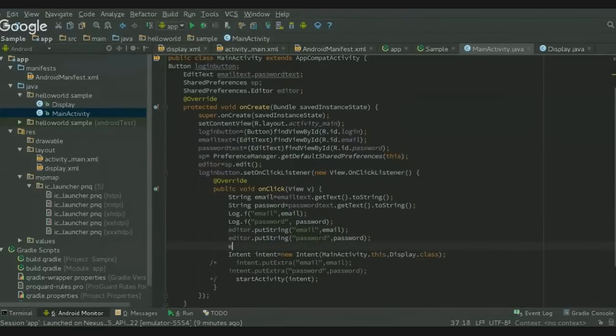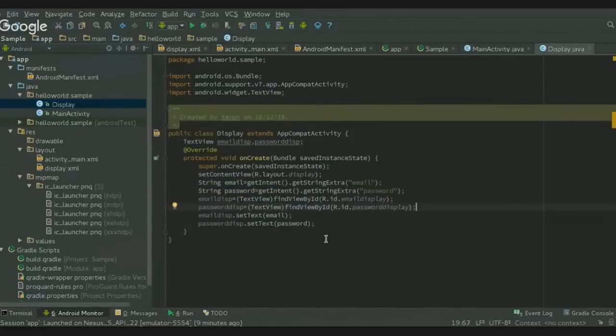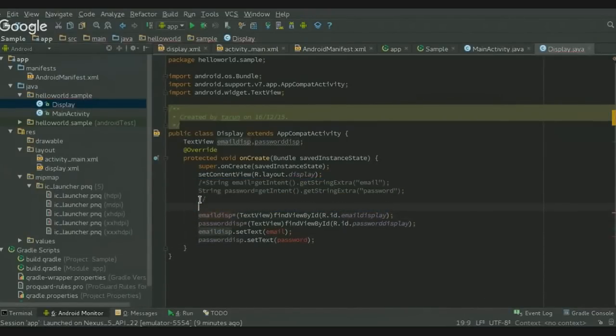Once I'm done with it, I should use editor dot apply. So apply will tell that hey, I've done editing the shared preferences. You can store it properly. Just done it here, and here in the display, I'm going to take this from shared preferences. So instead of getting it from the intent, we're just going to comment out these two names, right? String email